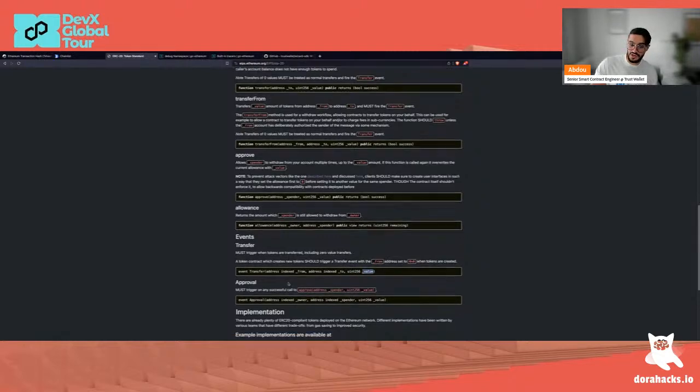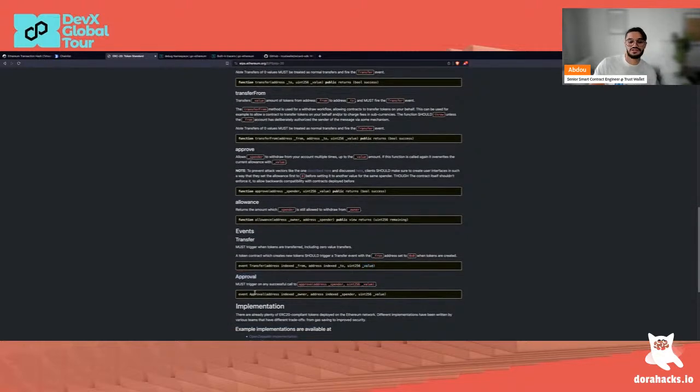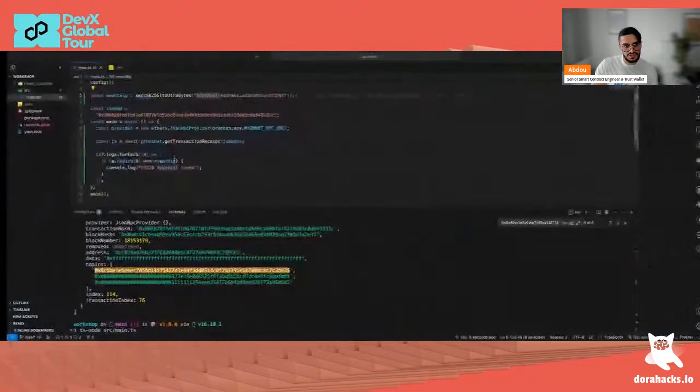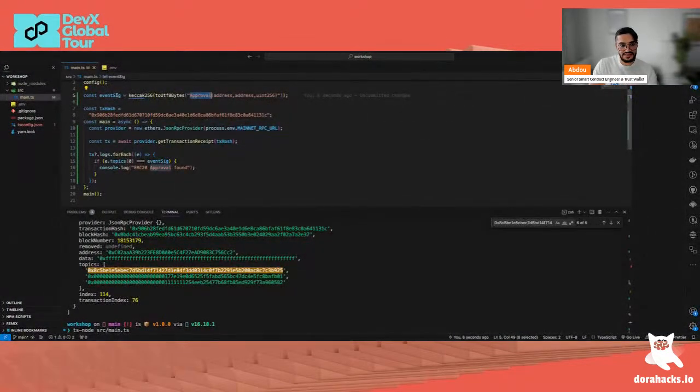The name should be Transfer. The first element is an address and represents the from. The second element is an address again, representing the to, and the third param is just the value. And as you see here, Approval also has its name, Approval. The first param is the owner, then the spender, both are addresses, and the last param is a value. So this is how we can identify that this is an ERC20 Approval